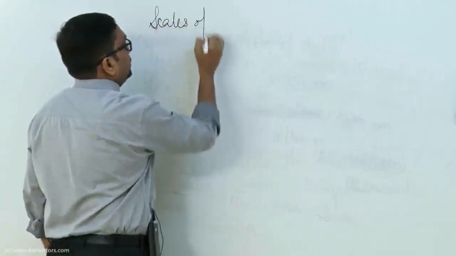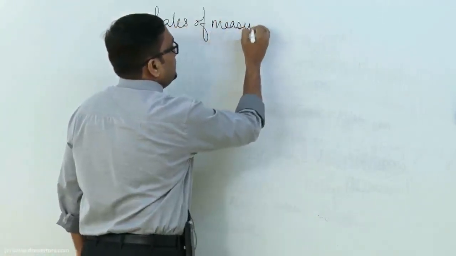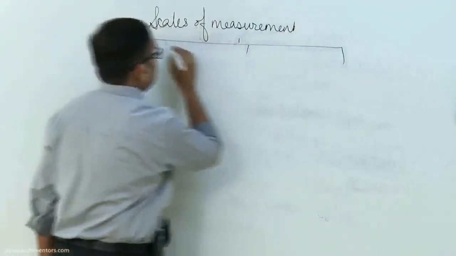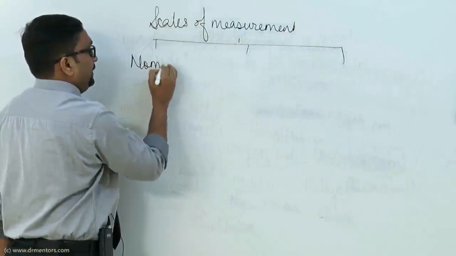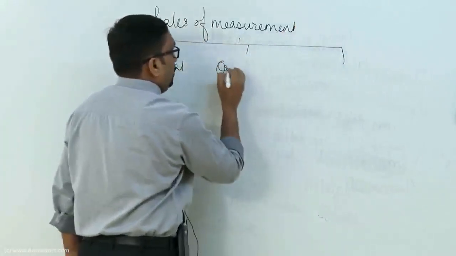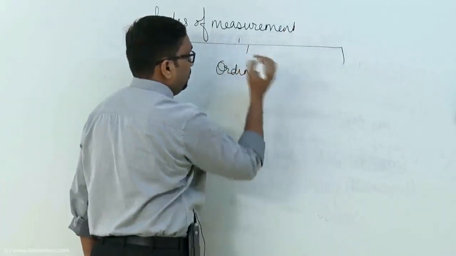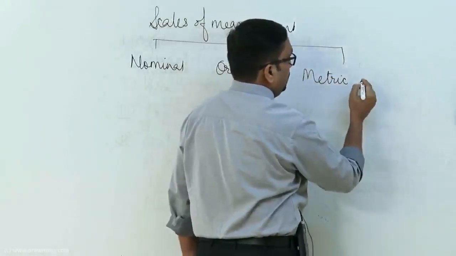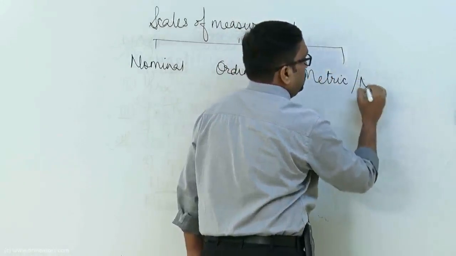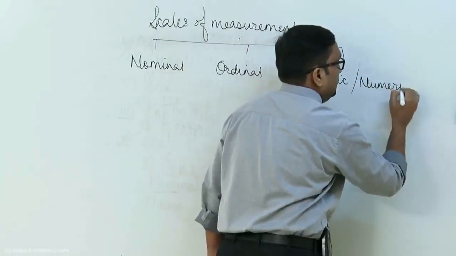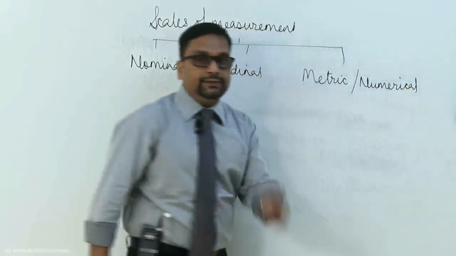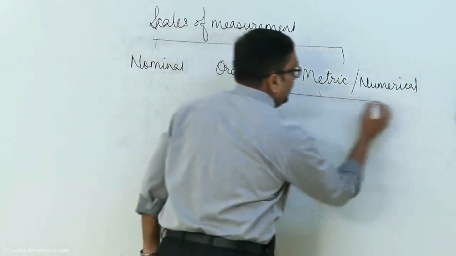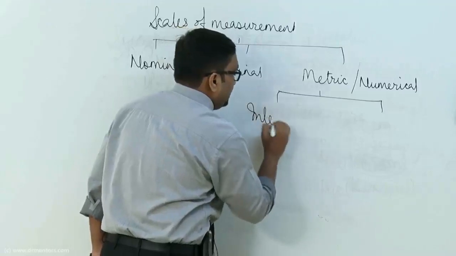My fourth classification, I have called it scales of measurement, and in that I said there are three scales: nominal where name is important, ordinal where name and order both are important, and metric scale, which is used for quantitative data and is also known as numerical scale. Now since you have understood this, I will complicate it a little further, where metric scale is further divided into interval scale